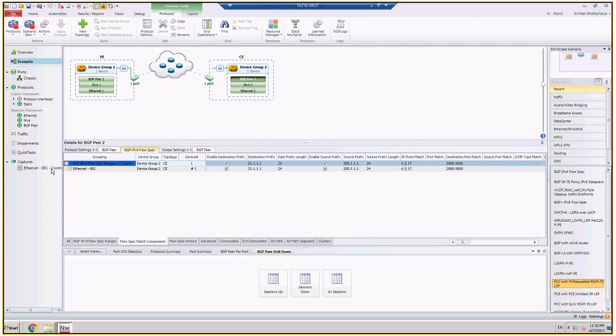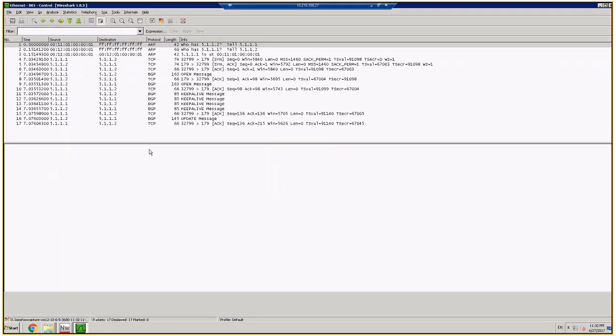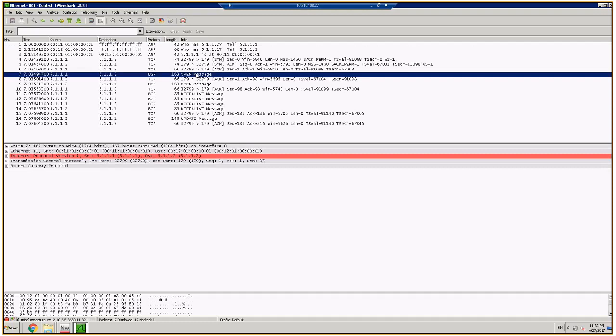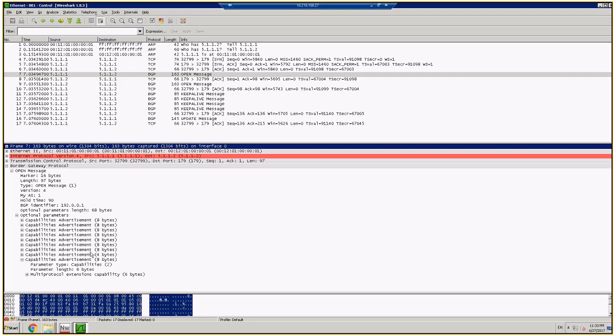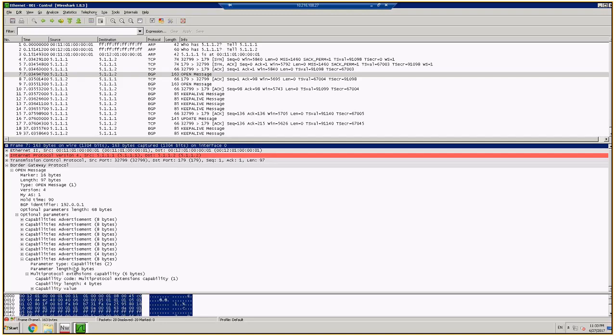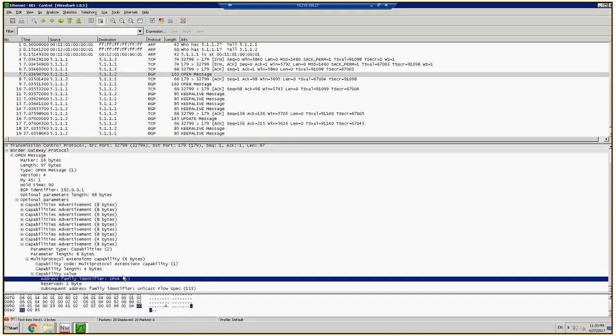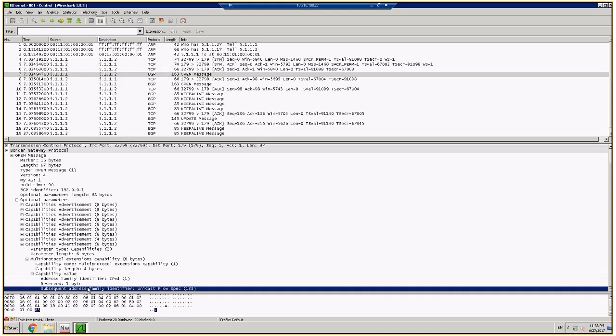The sessions have turned green. Let me open the capture. In the open message, if we see the capabilities, we should see the FlowSpec capabilities being exchanged. So this is the AFI one, and this is the SAFI 133 for unicast IPv4 FlowSpec. And if we see the update message,